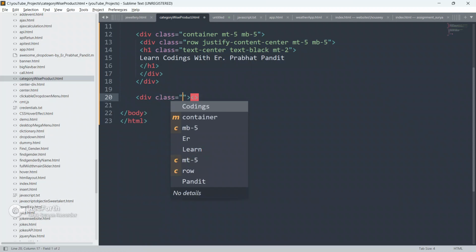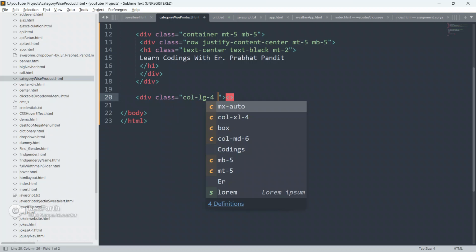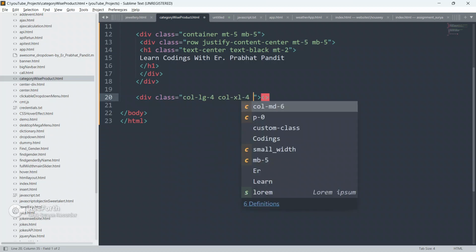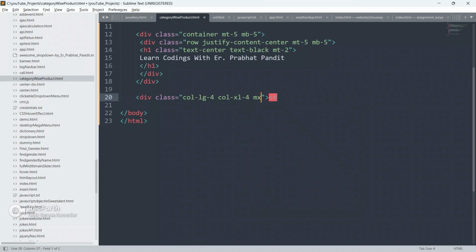Below this div, guys, create another div. Give it a class as col lg 4, and col xl 4 also, and mx, give mx as auto. Give margin top 5, margin bottom 5 also.